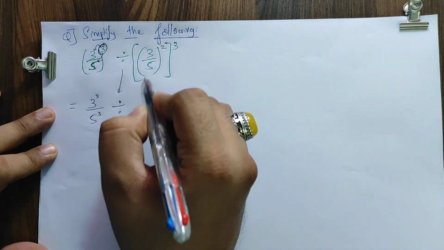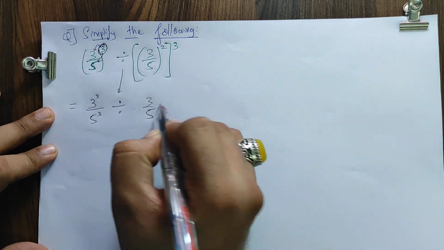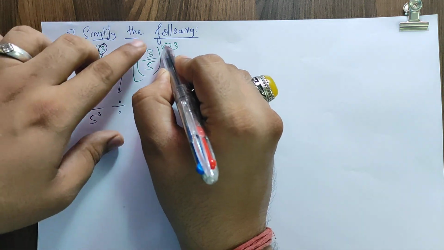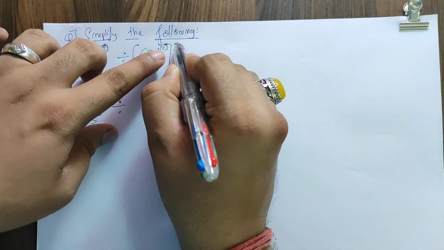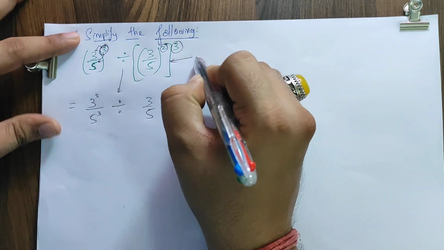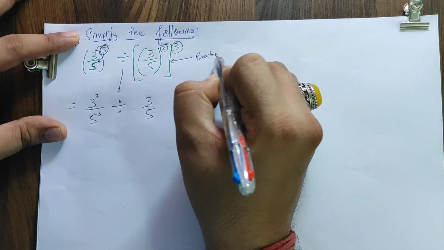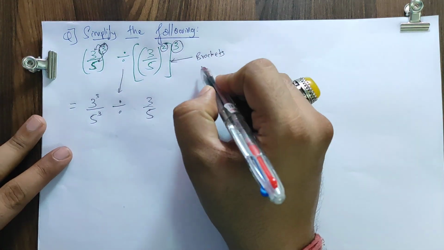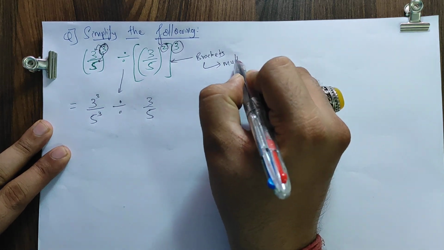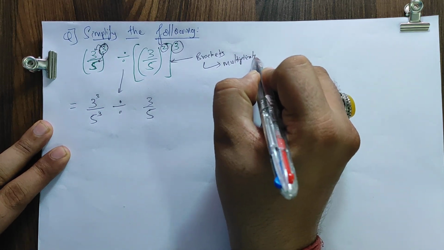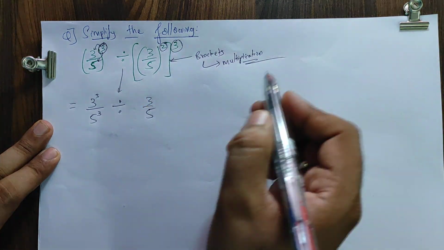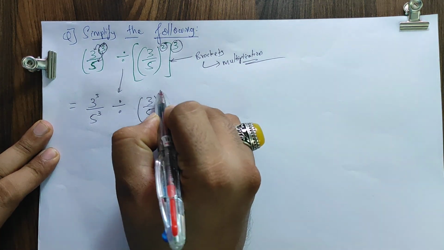Now see here please everyone, this 3 upon 5 as it is I'm copying, and there's a bracket here. First I have a power 2, then a bracket, and then I have a power 3. Brackets, no matter whether it is a curly bracket, a round bracket, or a square bracket, always mean multiplication. So basically it's 2 multiplied by 3 raised to 6. So it's 3 upon 5 raised to 6.